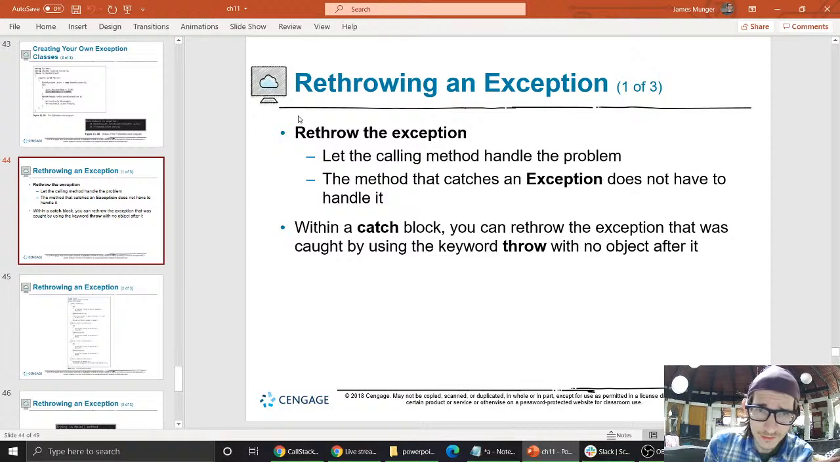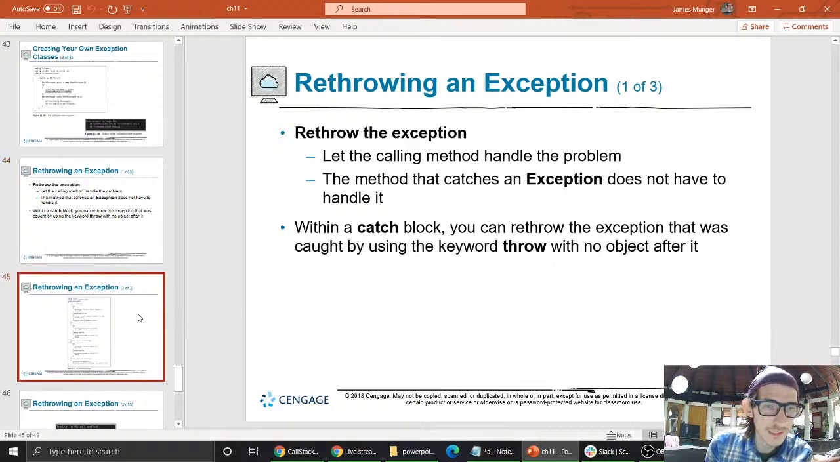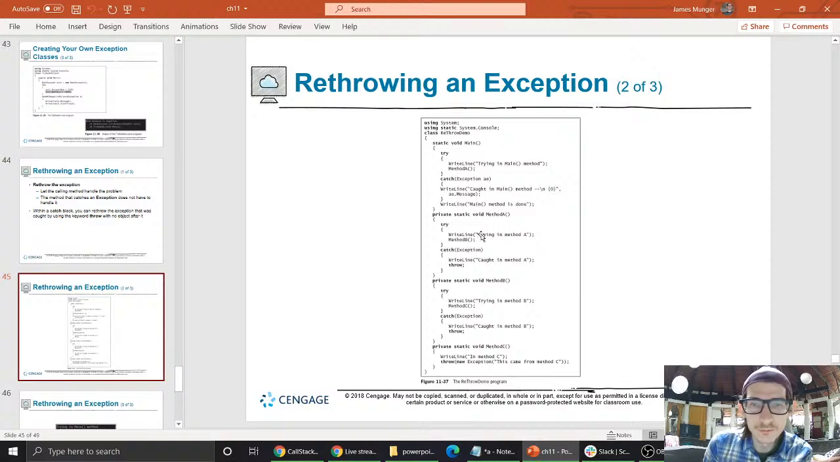All right, rethrow the exception. What are we doing here? Let the calling method handle the problem. The method that catches an exception does not have to handle it. I think they're going to show us that. Within a catch block, you can rethrow the exception that was caught by using the keyword throw with no object after it. Okay, so